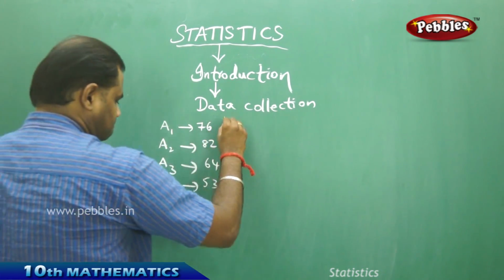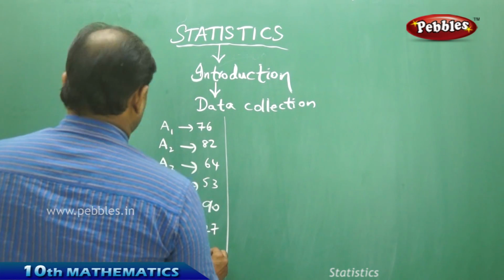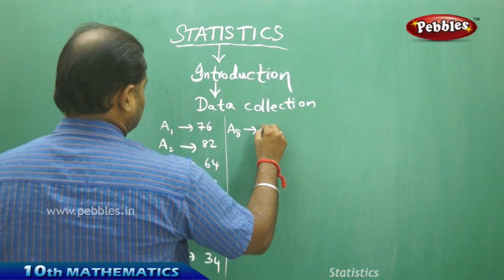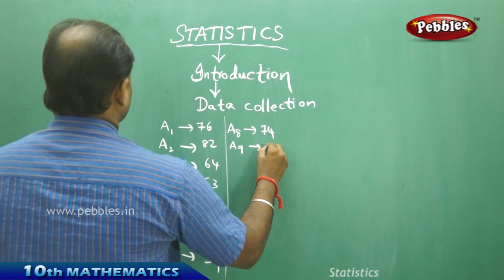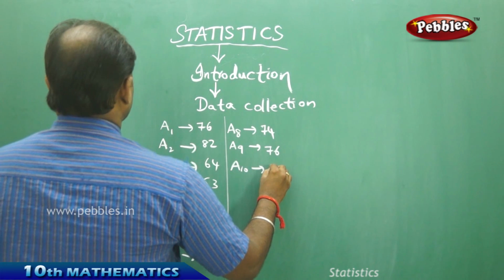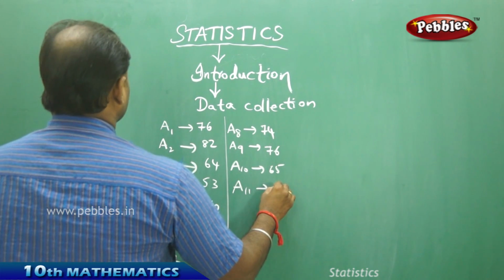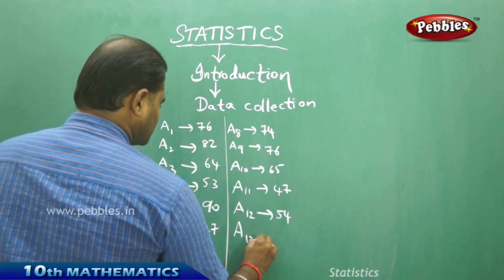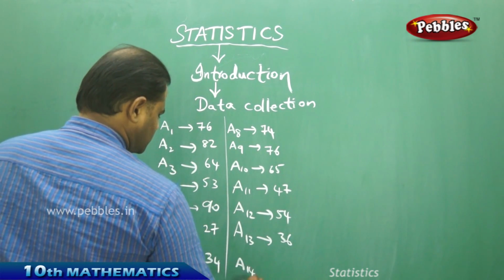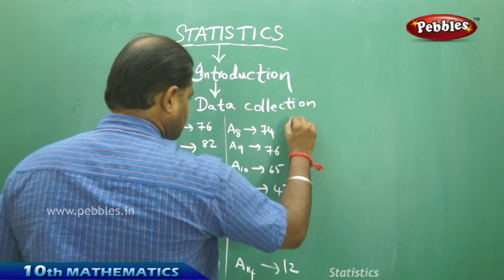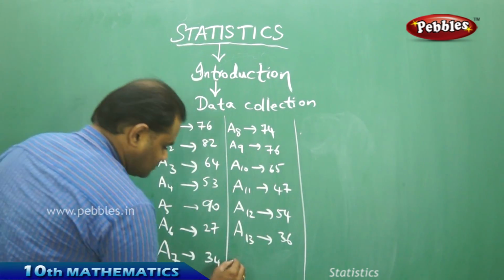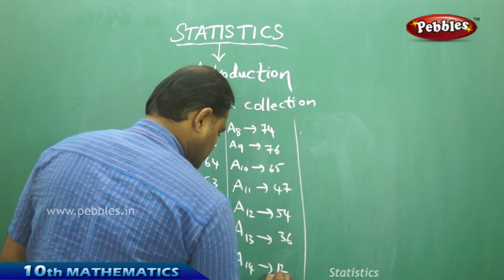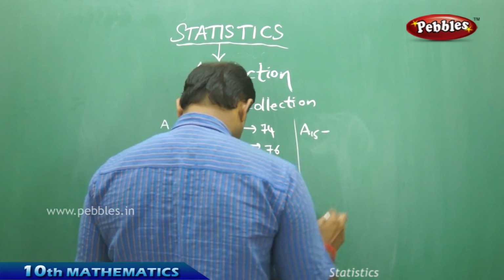Now coming with A7, then A8 is a student who got 74, say, out of 100, and A9 with 76, A10 with 65, A11 with 47, A12 with 54, A13 with 36, A14 with 12, and then now coming to the continued data, I take my A14 which is for 36 marks, next continued with 12 marks, and my 15th student who got the marks 24,